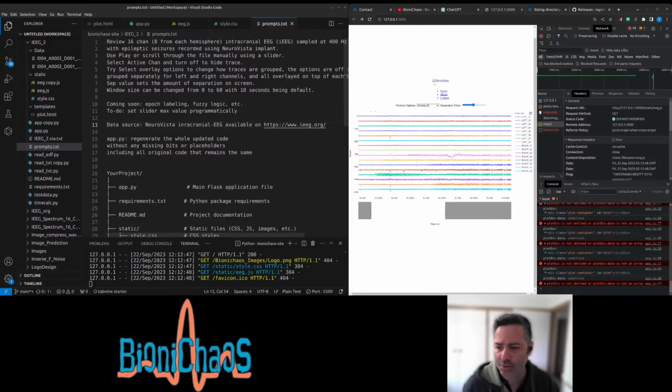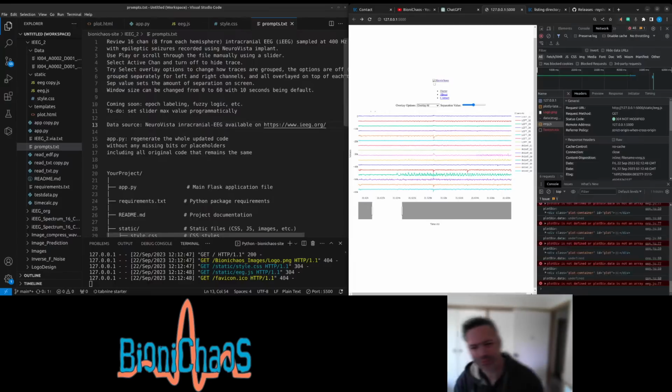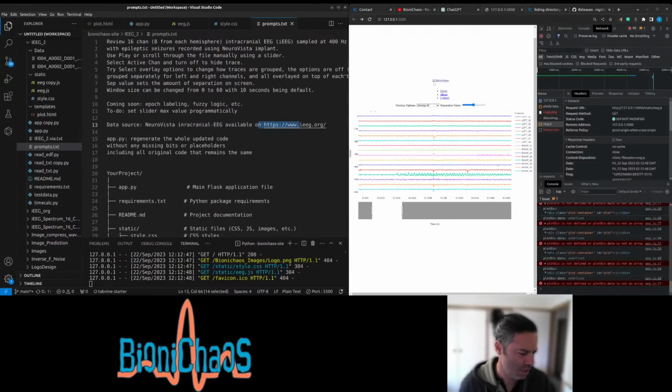There you go. So we have this tool. It's scrolling through EEG. The EEG is available on this website here if you want to check it out. No, it's too small, sorry for that. I can't make it larger.